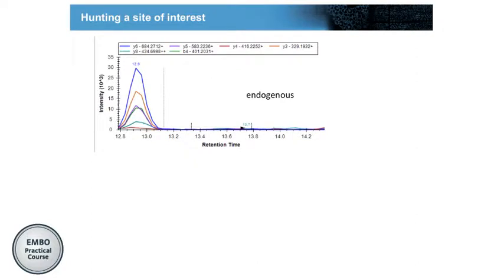And now let's look at an example. We want to hunt a certain site of interest. It's a certain protein we're interested in. We extract a certain set of transitions. We see a nice peak group. We say, well, maybe that's the site. We go and